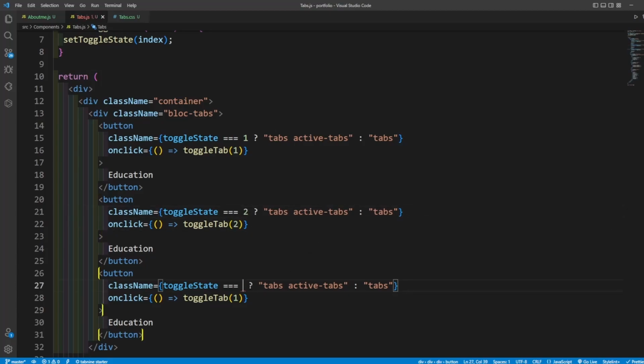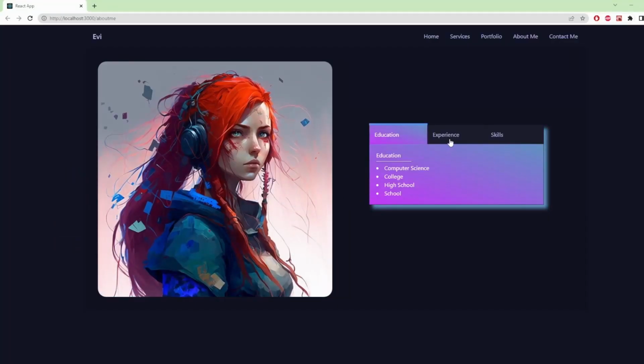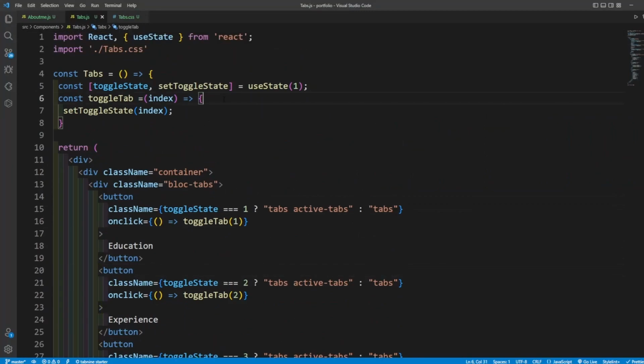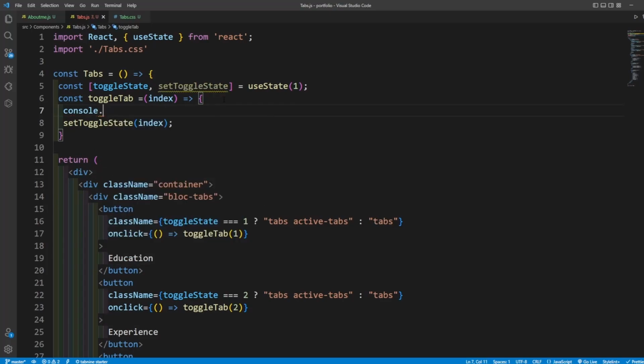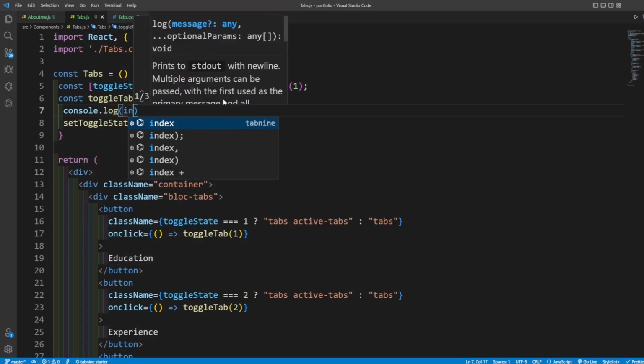If it is 3, then the toggle tab is going to be 3. 3 is experience and it is going to be skills. If I write console log index,